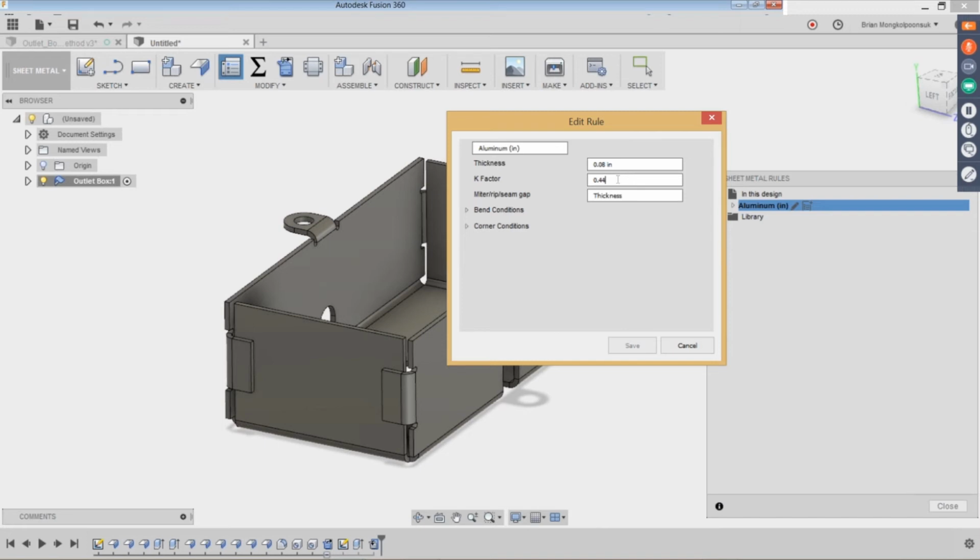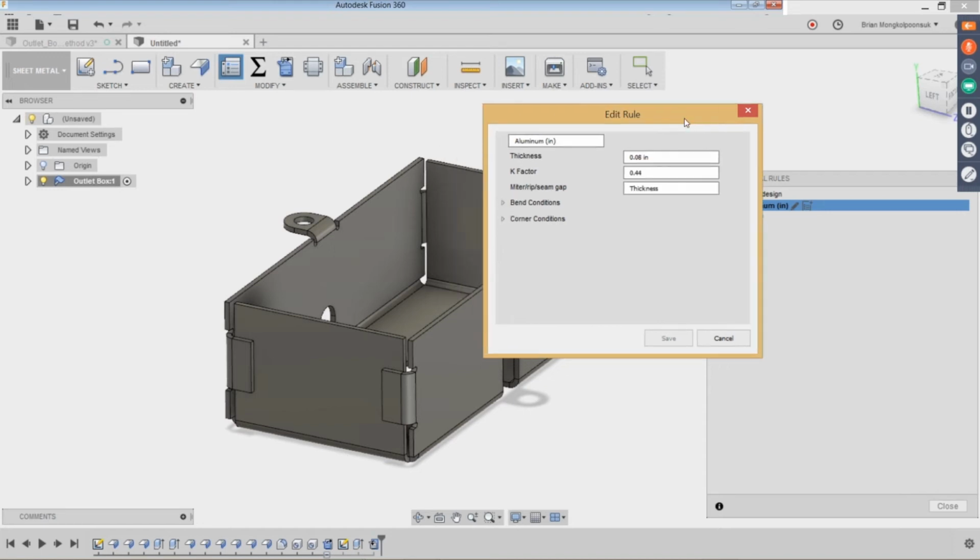Now this is very important in sheet metal, and in Fusion 360 everything is set to a 0.44 ratio. However, that's not always the case in real life. The K factor depends on the material you're using as well as the tool you're using to bend the sheet metal. For instance, you can be coining, or you can be air bending and things like that. There are ways online you can find your K factor. So make sure you have the correct K factor,